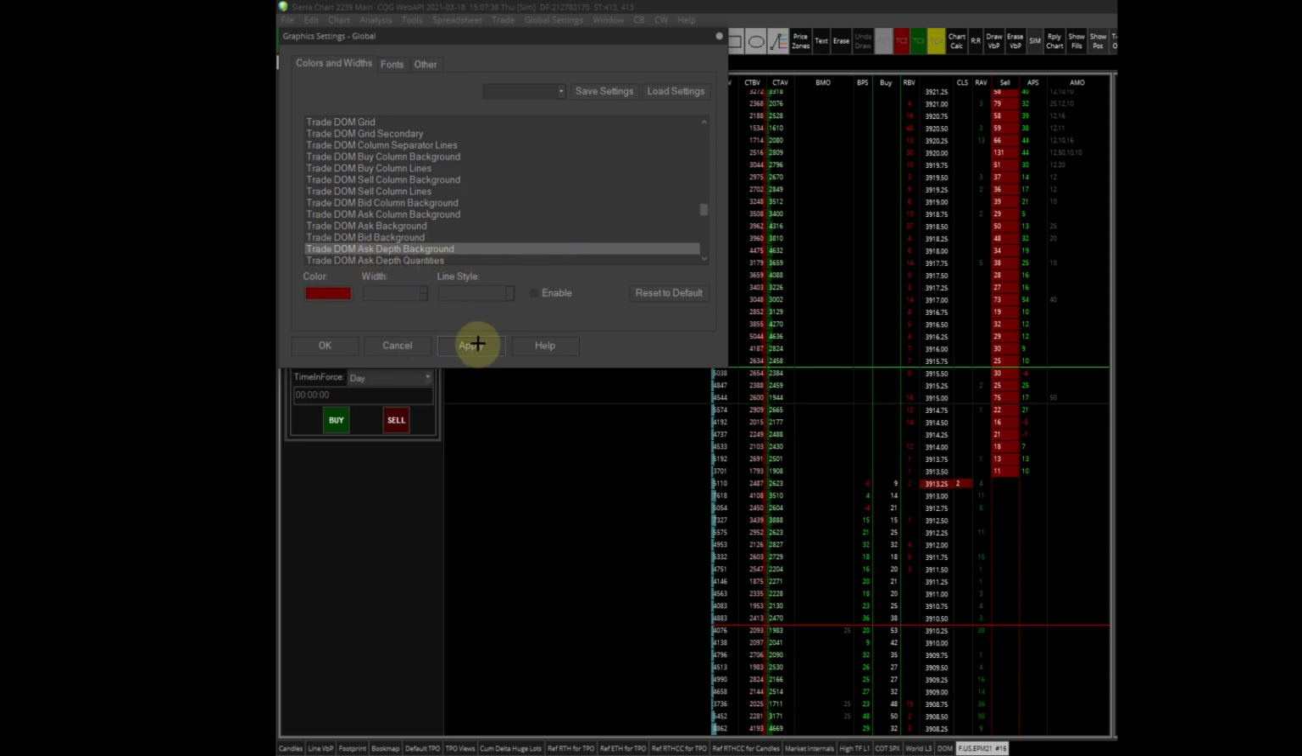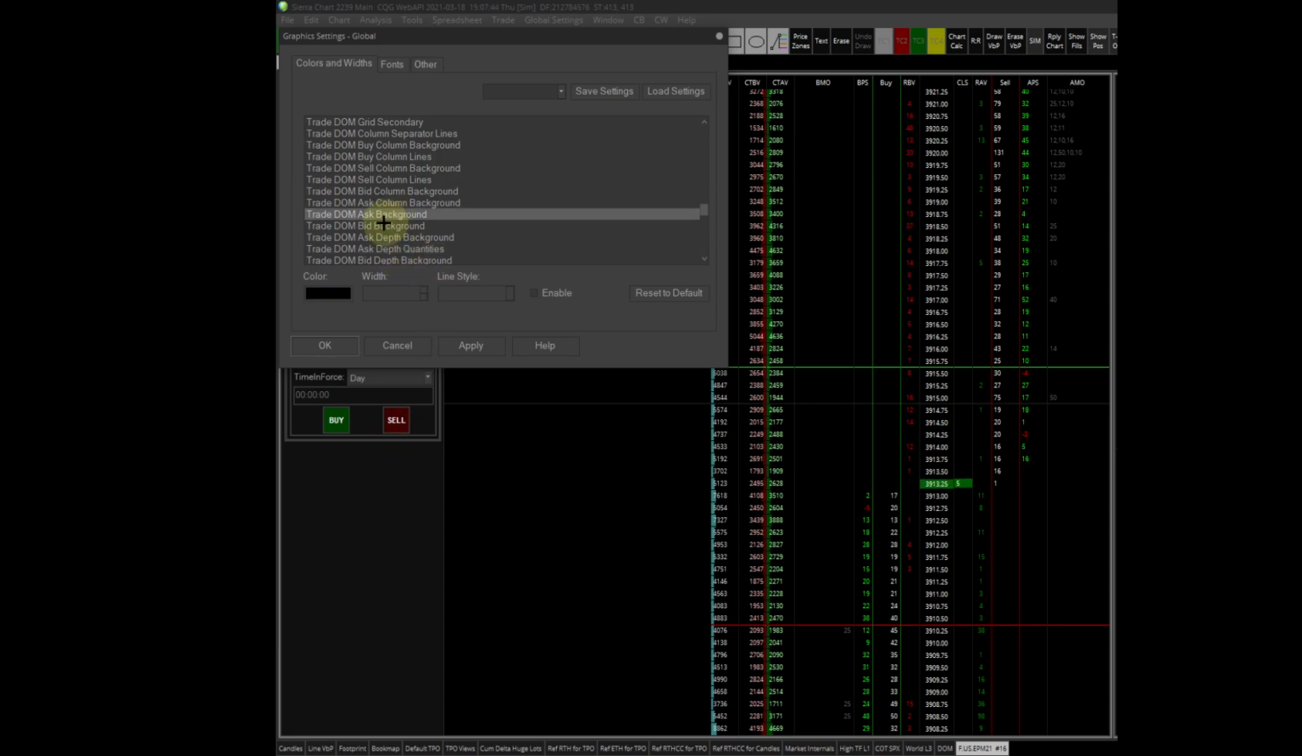Sorry, that's the background. I had that wrong. It's ask depth. Let's see. Ask background. Yeah, it should be that actually. Nope, it's not that. That's just your ask depth. Okay. So many settings here. Anyway. So that's not the right thing. If you wanted to add a background to this, where would it be here? It actually might be